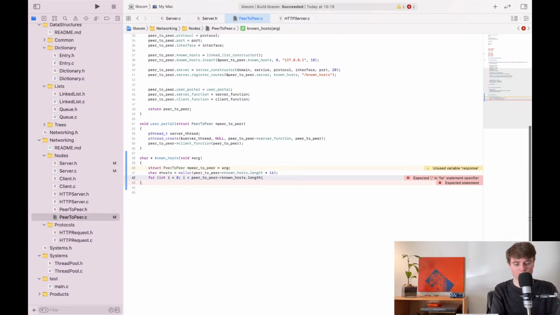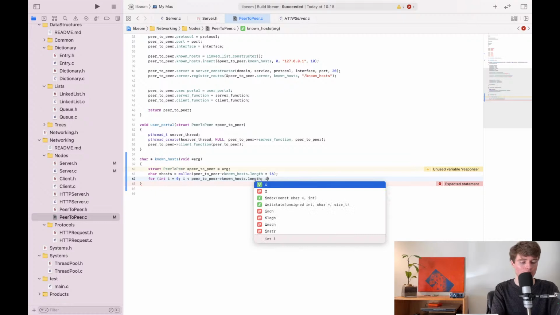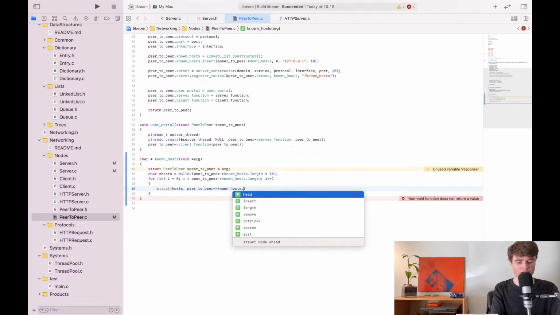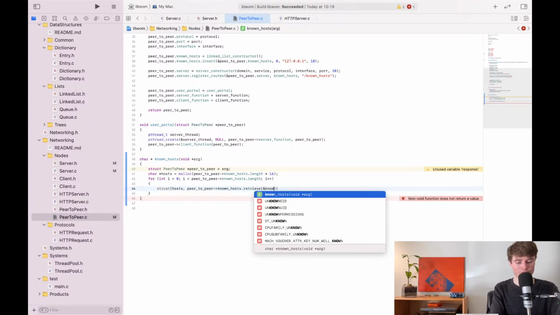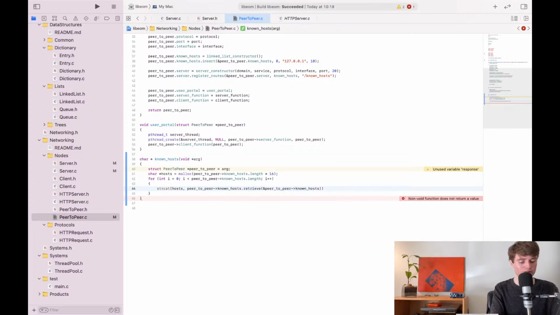And I should probably change this function name because I'm getting a bit confused between the two known hosts. Anyway, while it's less than that length, and i plus plus. Here we are going to do strcat. So our destination is going to be hosts, and the one we are concatenating onto hosts is going to be peer-to-peer known hosts dot retrieve. Pass this a reference to known, not known hosts, but peer-to-peer known hosts dot,